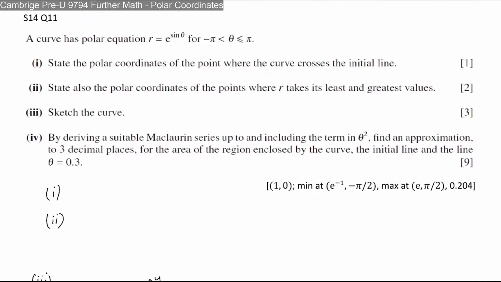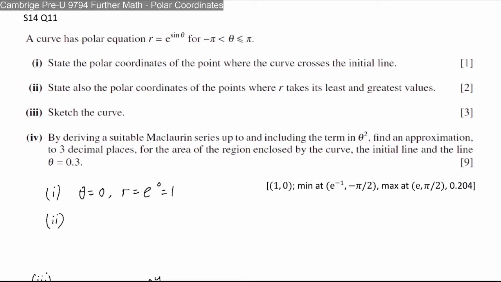Okay, next one. We have from summer 14, question 11. A curve has polar equation r equals e to the power of sine theta. First, state the polar coordinates of the point where the curve crosses the initial line. The initial line means theta is equal to 0. So when theta equals 0, we have r equals e to the power of 0,